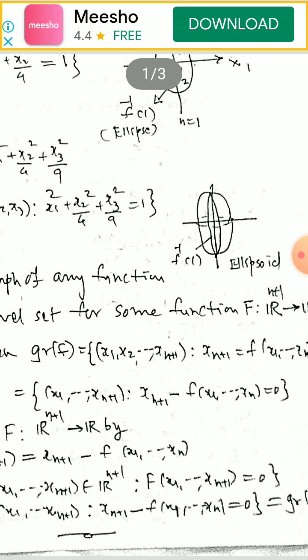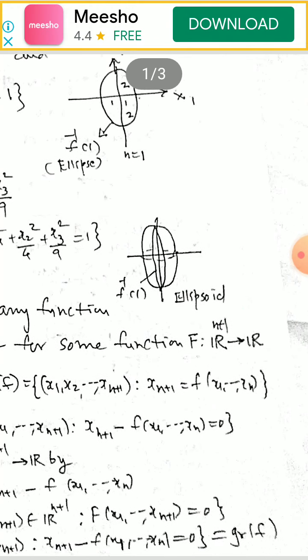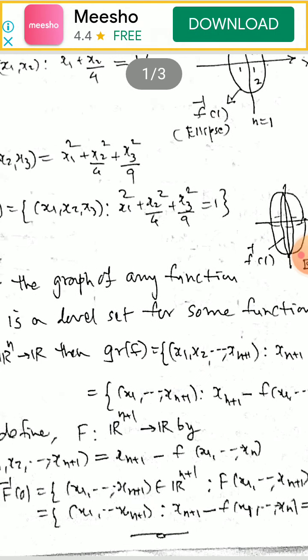See the definition of capital F, I have put it there, and it is equal to 0. And what is this? See above the definition of graph of f. So this is nothing but graph of f. So that is the theoretical type of problem. Graph of any function is a level set for some other function in the higher dimension. So remember, graph is a level set for some function in the higher dimension. So this is about chapter number 1. We have completed chapter number 1. This was a small chapter.